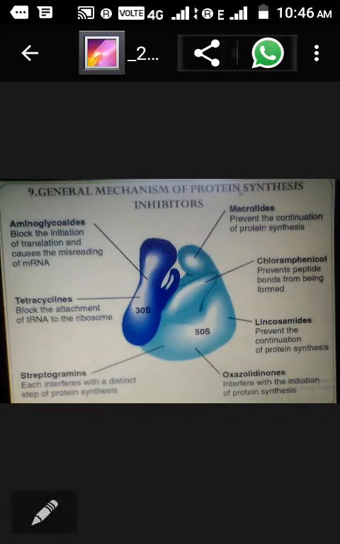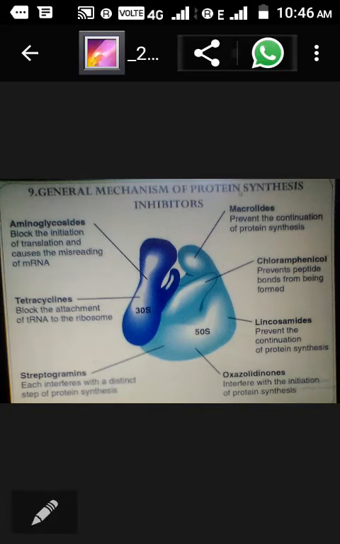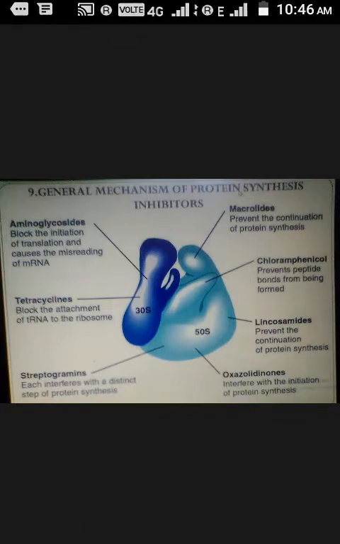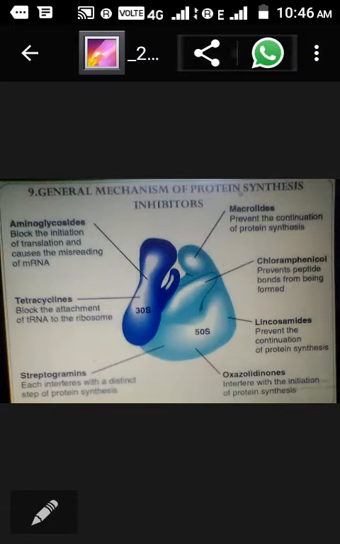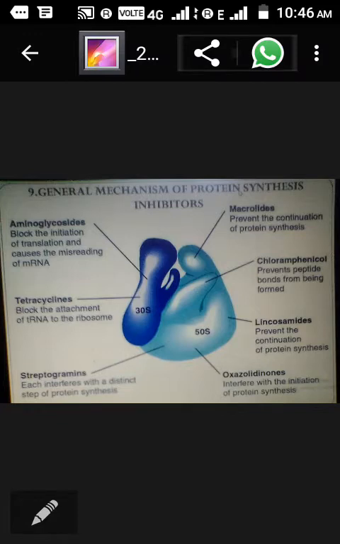These are some of the protein inhibitors which inhibit the synthesis of proteins in living organisms. So what are those? I have selected only a few of them. There are many more, and I'm not going into the detail of those, but at least being a biochemistry student, you must know a few of them. So let's start. This is the schematic diagram of